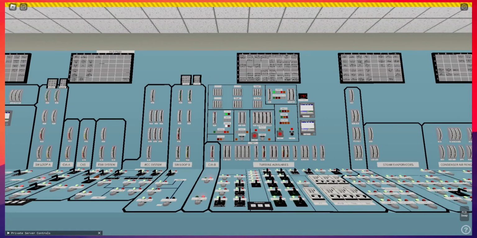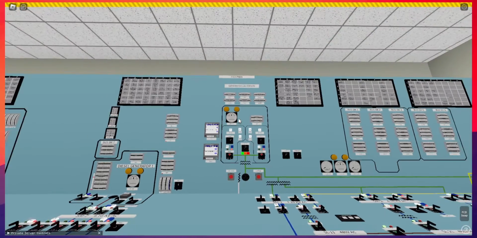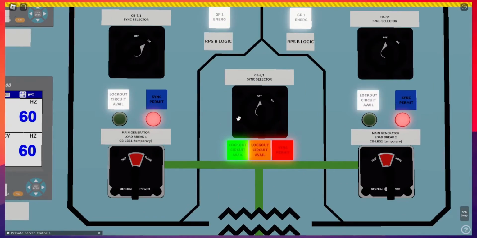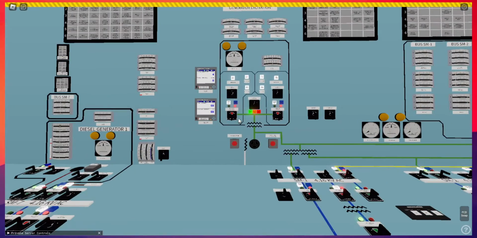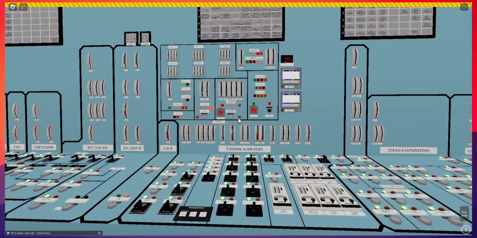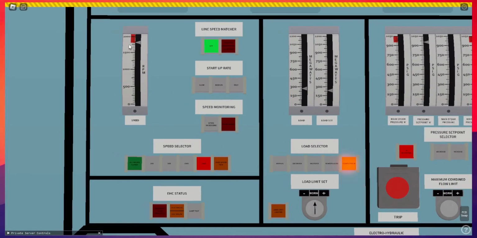Let me just quickly synchronize the turbine. Okay, so now that the turbine is synchronized, oh, yeah, I forgot that doesn't work right now at least. Well, now that the turbine is synchronized, we can observe a few things. Number one, the turbine is locked at 1800 RPM